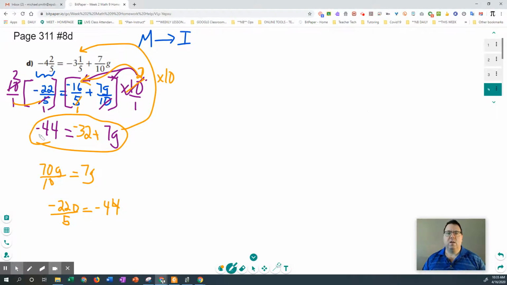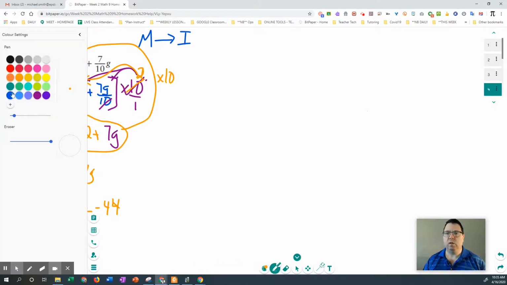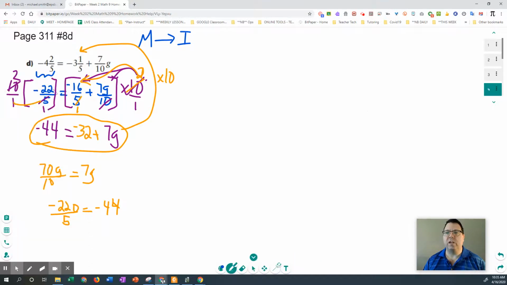Okay? So this is a little trick that you get to pull off if you want. If you don't, you can still deal with all the fractions. But whenever you have friendly fractions, and I mean that the 5s are friendly to each other and both 5s are friendly to the 10, they belong to a nice little multiple family of counting by 5s, you can just get rid of the fractions right away. So what are we left with? We have negative 44 equals negative 32